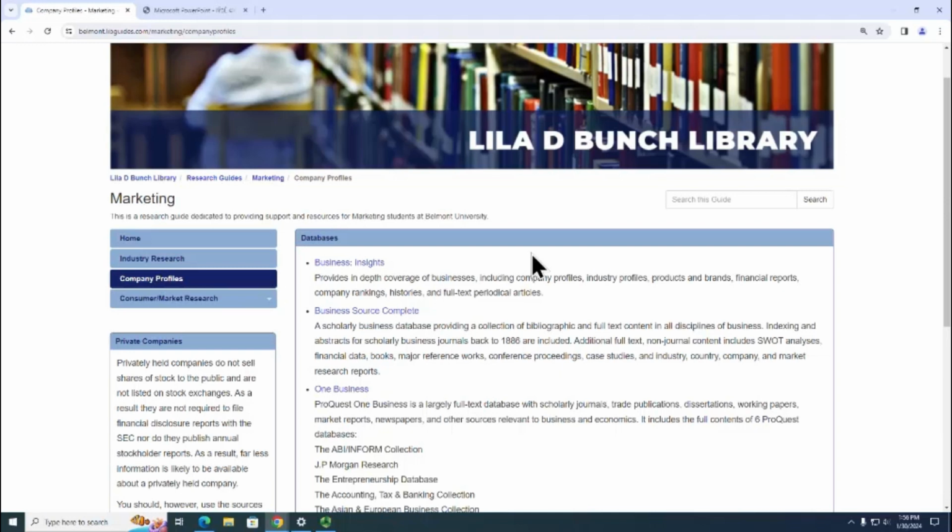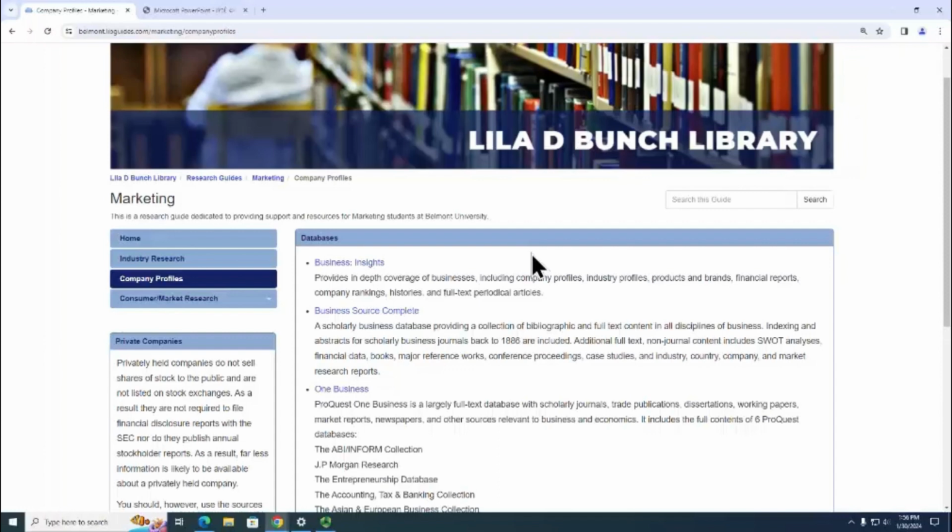Today, we're going to be talking about Gale Business Insights and specific application to the Principles of Marketing course. Gale Business Insights is really helpful if you're looking for company information, but one thing I think is specifically helpful is if you're looking for private company information, as occasionally you'll find that information in Gale Business Insights. It's not perfect, as you will see, but is always a good place to look if you've selected a private